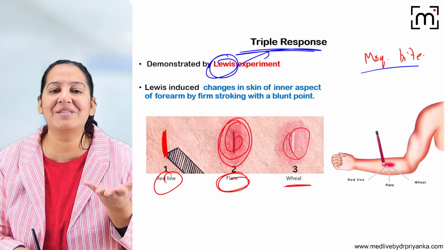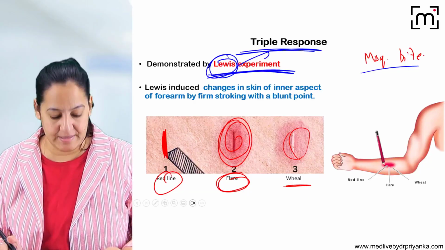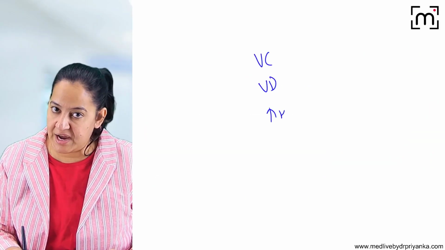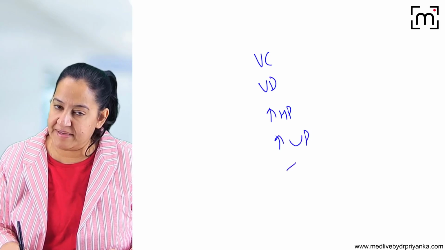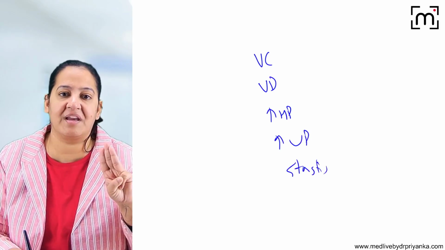Okay. And so this is the Lewis triple response experiment. 3 things happen one by one. Can you tell me the reason? Now you know the 5 steps: vasoconstriction, vasodilatation, increased hydrostatic pressure, increased vascular permeability and stasis. These are the 5 steps. Now the 3 things which are happening are due to